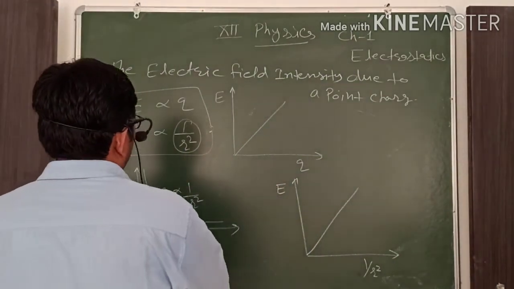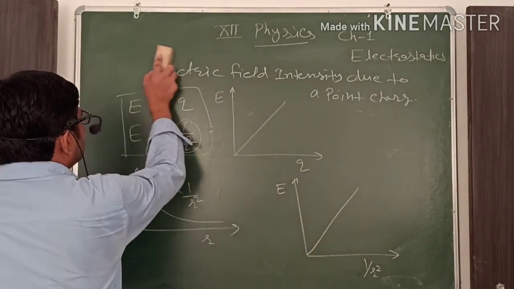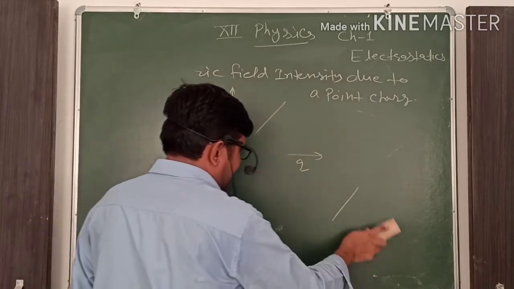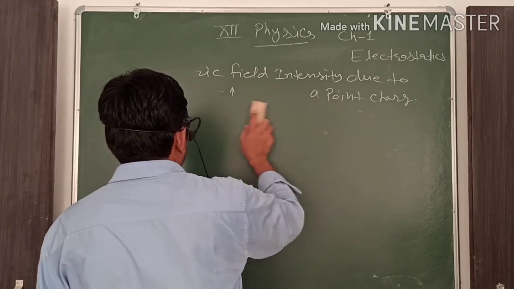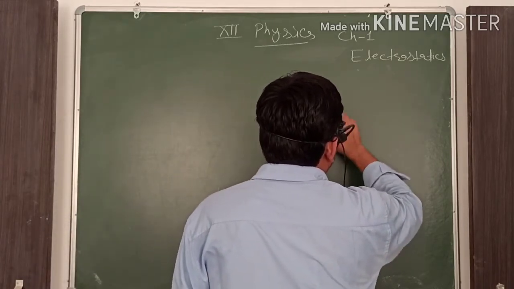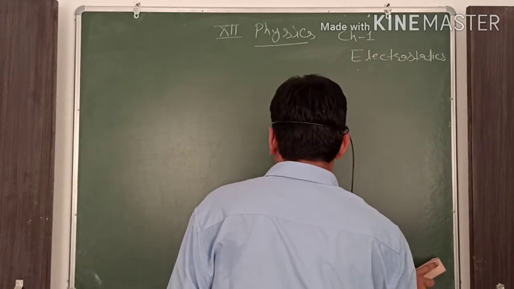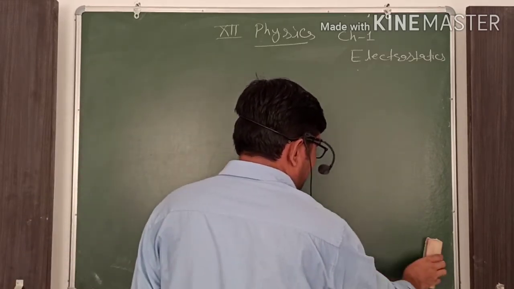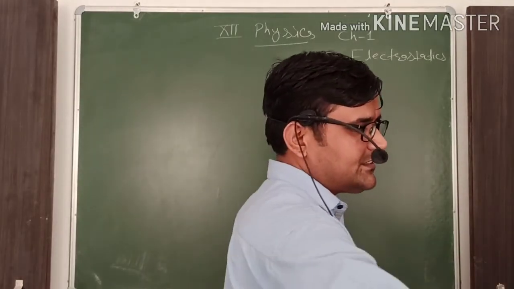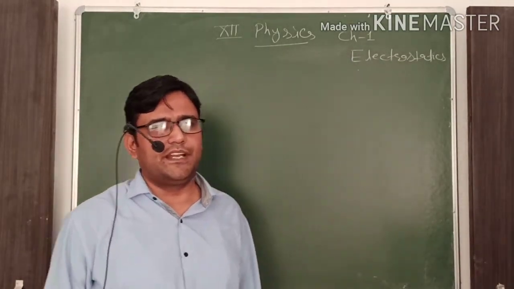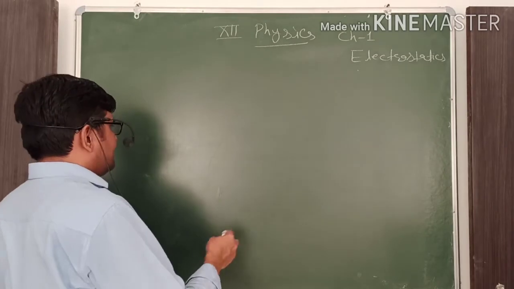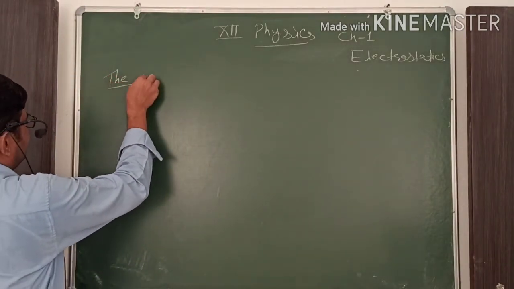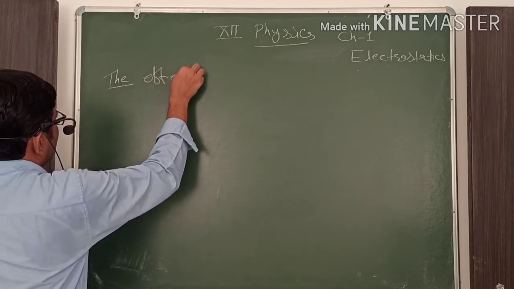Clear? Okay. Next we will move on to the effect of the medium upon the electric field. Earlier we discussed the effect of the medium upon the Coulomb's force. In that case, we discussed that the force decreases when we place the charges into any medium. The same formulation applies here. The heading is the effect of medium